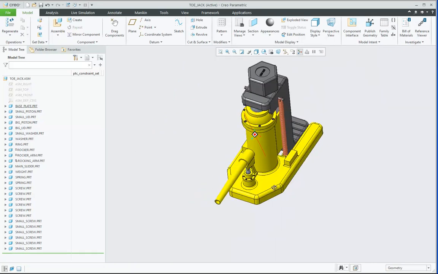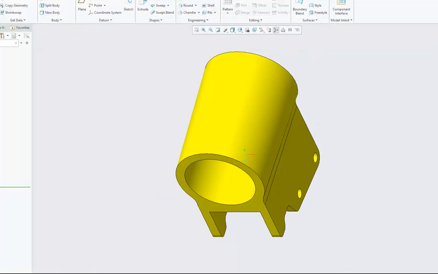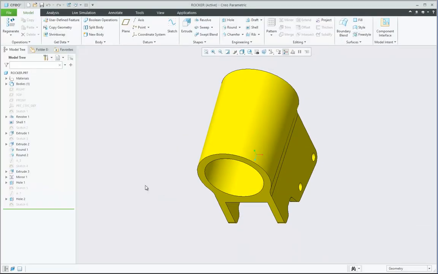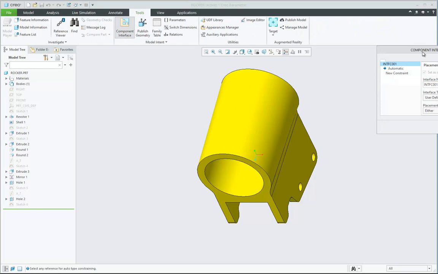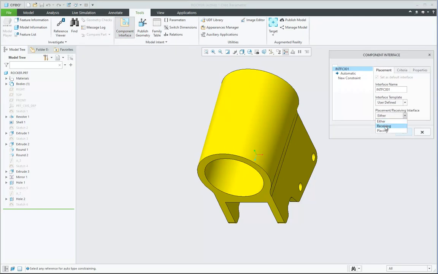for which I need to create a receiving type of interface in the rocker part. So in the rocker part I will create a interface which is receiving type, and give it a name as rocker1.